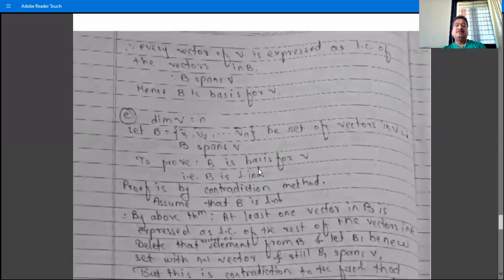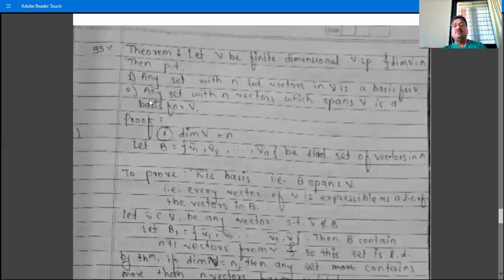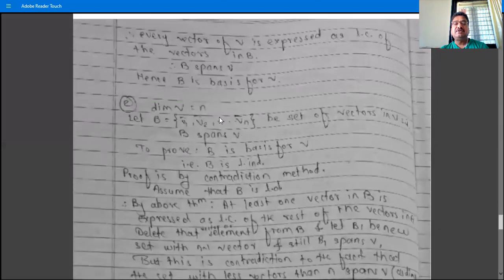The second theorem: we take the dimension of V to be n, and a set containing n vectors which spans V. So let the dimension of V be n, and let B = {v1, v2, ..., vn} be a set of vectors in V that contains n vectors, such that B spans V. Now to prove B is a basis for V,